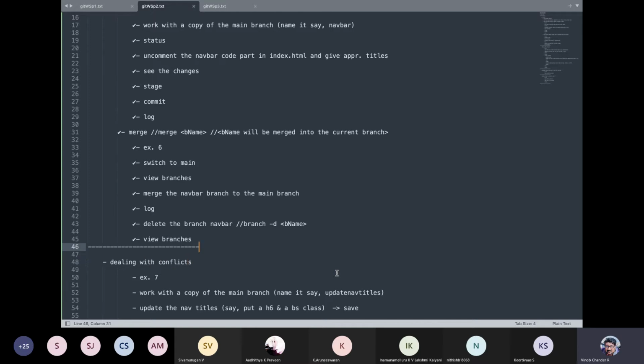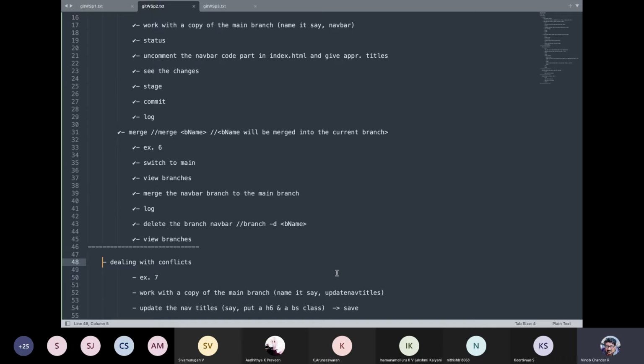The idea is if you simultaneously work with a particular item, you do a particular change and commit it, and then the other guy also works on that item, does some other change, and then also tries to commit it, he gets a merge conflict. That is the idea, and you need to deal with that. That is a very important skill, guys, which is called dealing with conflicts.